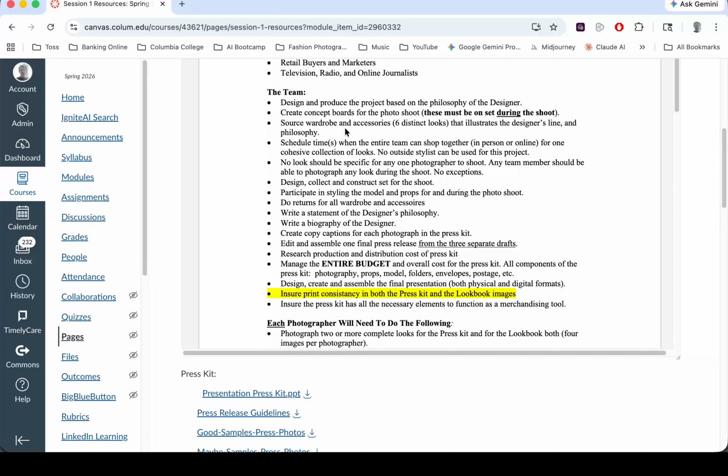Okay. You have to source the wardrobe and the accessories, 6 distinct looks that illustrate the designer's line and philosophy. You need to schedule times when the team can actually shop together. The teams that did shop together were far more successful than the ones who were split apart, because the ones who are split apart have no idea what the other people are getting. And did it work? On some level, yes, it worked, but it's so much easier if you can get together and do this as a group as opposed to doing this as 3 individuals. You need to then,